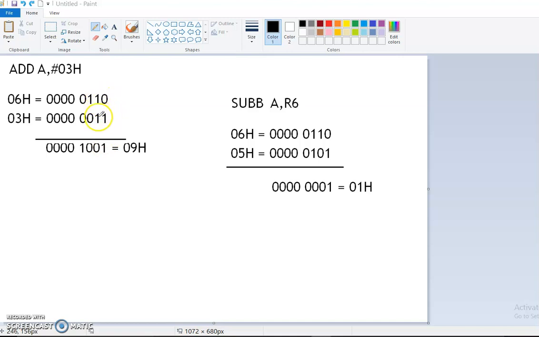Addition of 1 plus 1, 1 plus 1 is nothing but 10. So what is the binary addition? 1 plus 1 means 10. So 0 here, and 1 should be carried. So you have to use 1 here. Then again 1 plus 0, 1, and plus 1. Here the carry is there, so 1 plus 1 is nothing but 10. 0 here, you have to put 1 here as a carry.